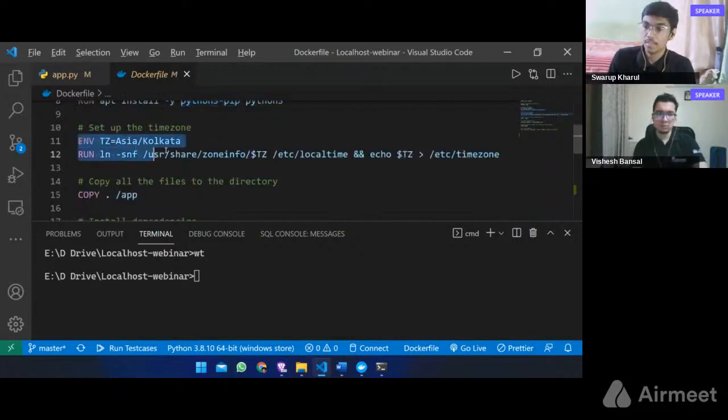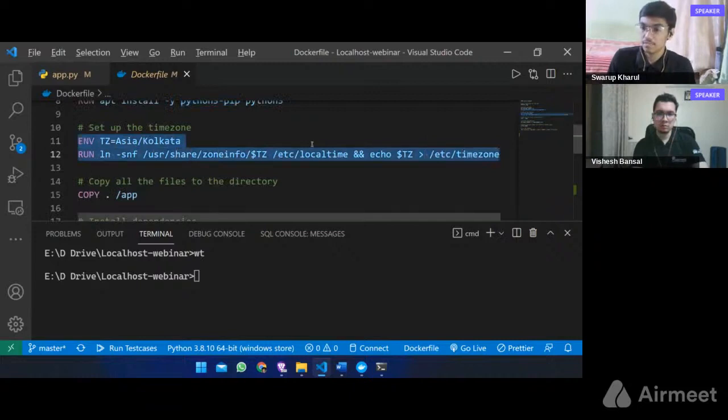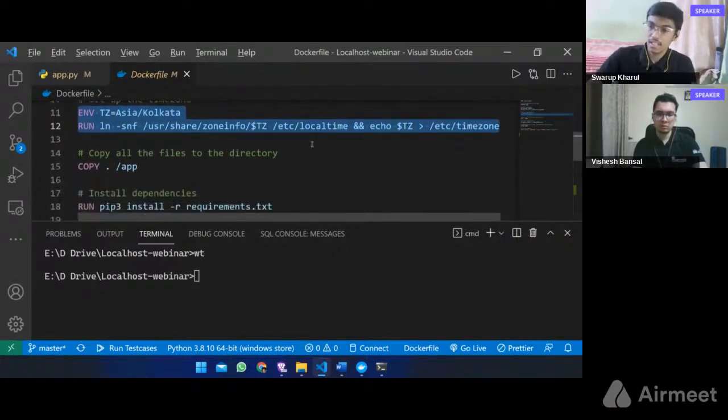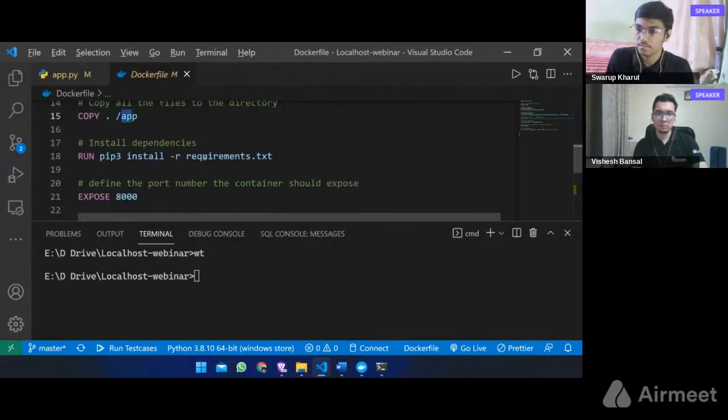Then we'll set up time zone, which is Asia Kolkata. Then after that, we'll copy our files from the local machine to the Docker image. So what dot does is it copies all the files in this present working directory to the app directory.